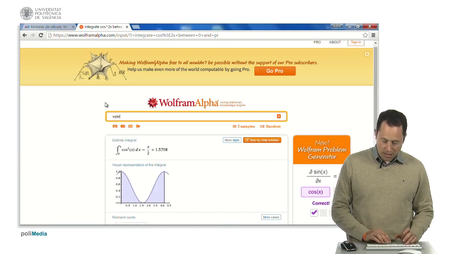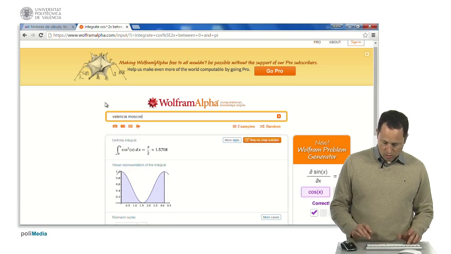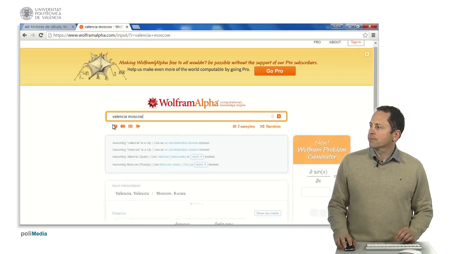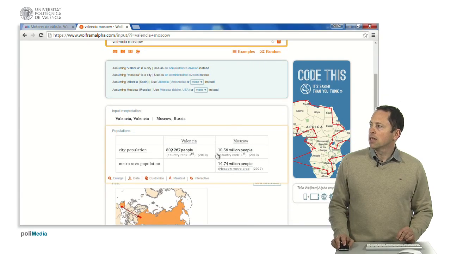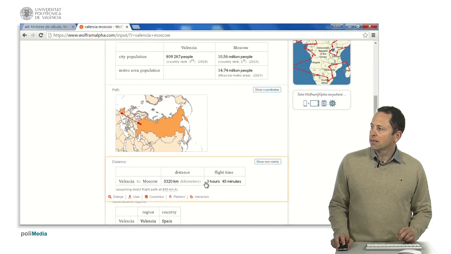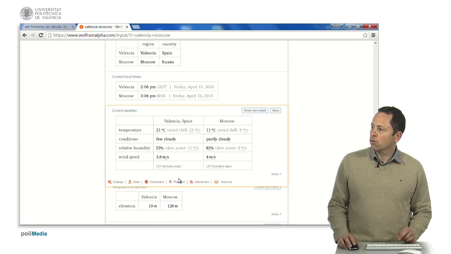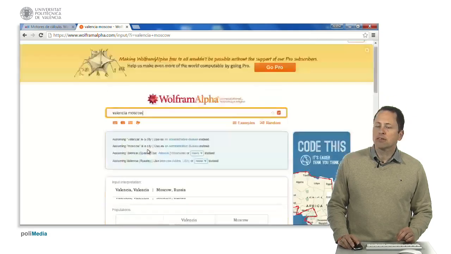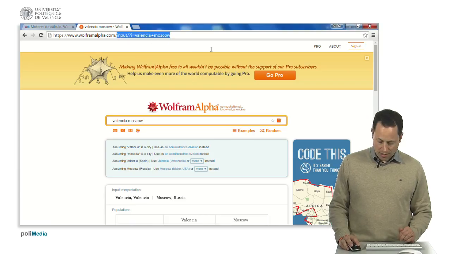It also does things like, for example, if we write Valencia and Moscow, it will give us data. It interpreted that it is Valencia and Moscow. It will tell us the population, the metropolitan area, the distance, the flight time. It will give us the time and some data, look, elevation, etc. It will extract data, and then if we go to the Wolfram Alpha webpage, we can see examples